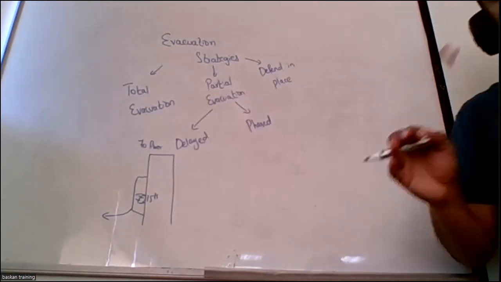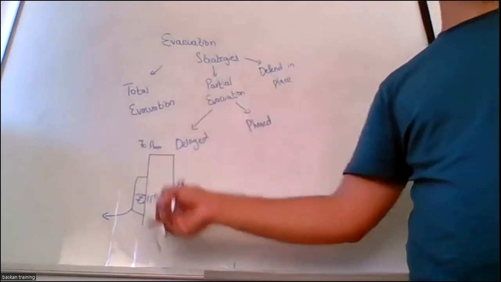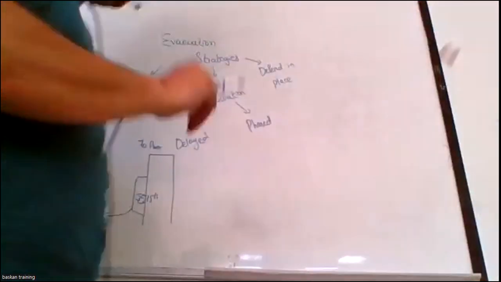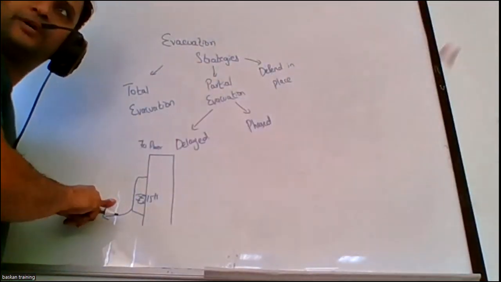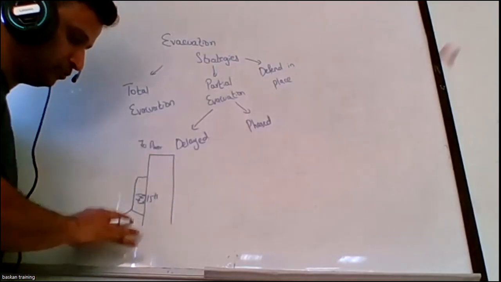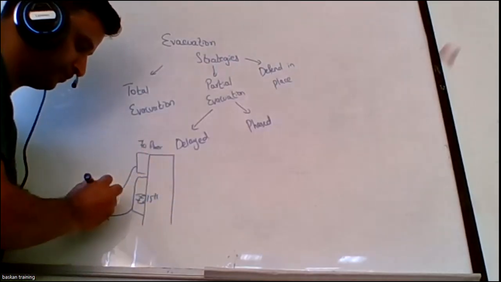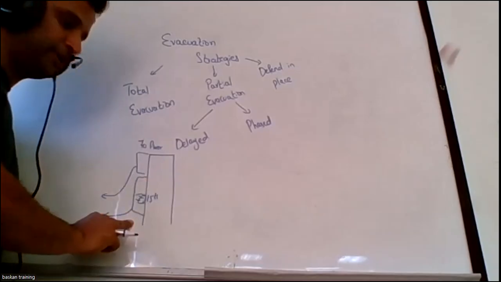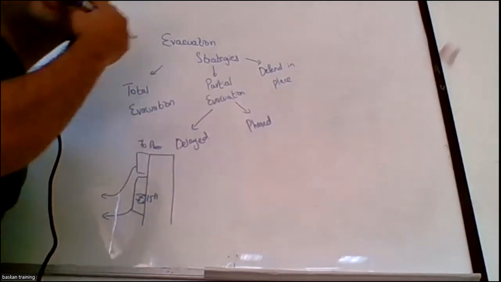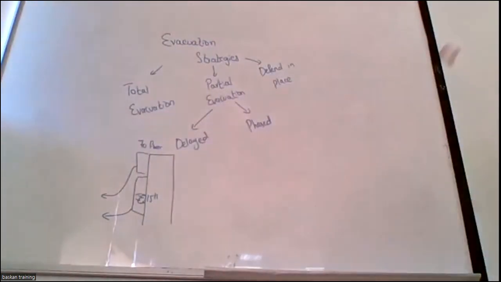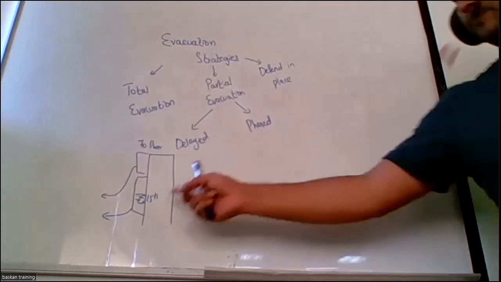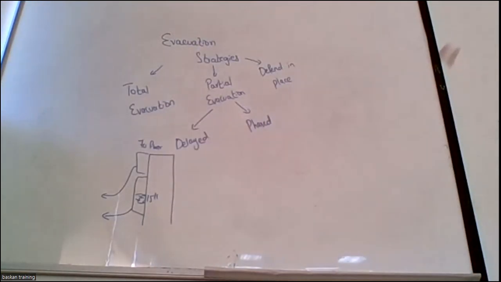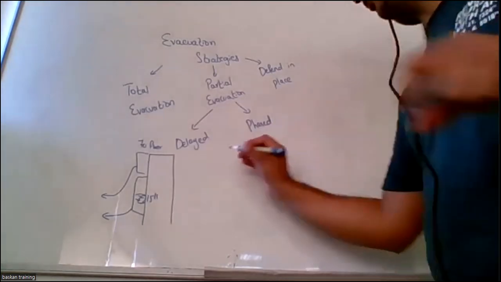The strategy also changes with the fire, and with air entrainment. But anyway, the people near the threat, I need to evacuate without wasting any time. As soon as they are evacuated, without any wait, I evacuate the other people also. So my first phase is the people near the threat. Without any delay, as soon as they are evacuated, I move towards the other people and evacuate them in phases. This is phased evacuation, without any pause. Why am I saying this? Because the second point will define the delayed evacuation.